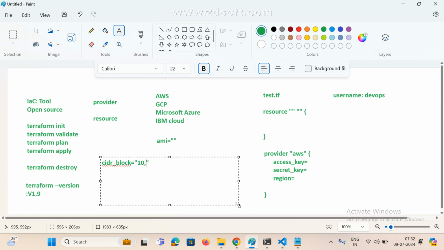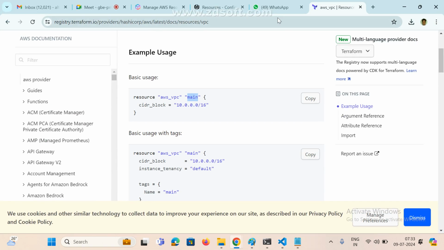10.0, I'm giving some IP. So what prefix does AWS support for a VPC: 16, 24, or 8? 16. For a VPC, AWS supports only /16, two bytes only. And this is the range we need to mention. First, if you see it manually,